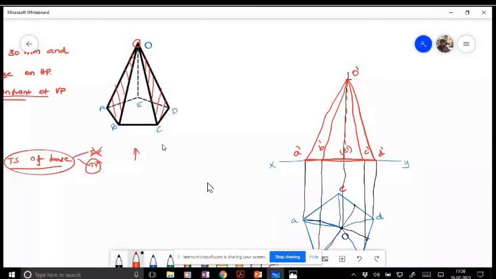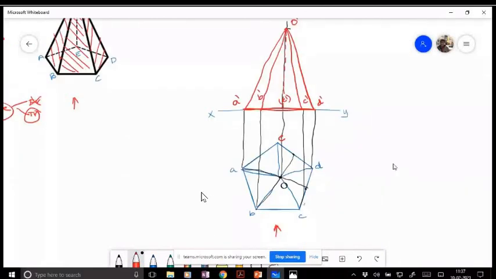Okay. So this is how we need to draw the projection of a pyramid. Any doubts in this? No, sir. Okay. So the usage of pencil is similar to the projection of planes. The front view and top view should be drawn with HB pencil, and all the construction lines, something like this, should be drawn with 2H pencil. And you need to mention two things as per the given question.